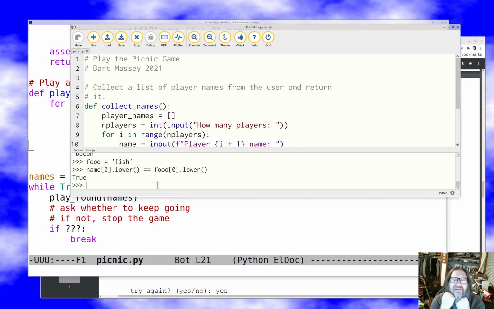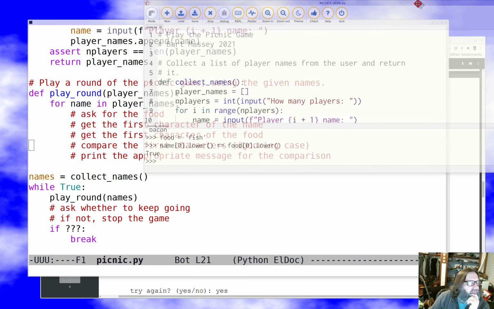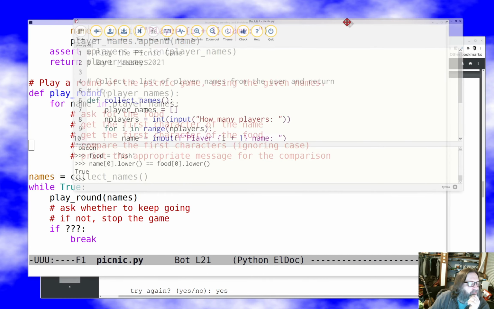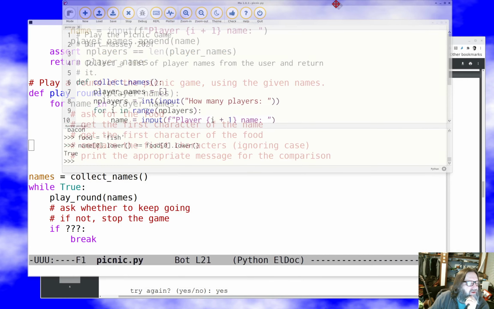See, so by just messing around here at the command line, I can get some idea of what I'm going to write when I actually write the program in these situations. So what did I write in my pseudocode? I wrote, get the first character of the name, get the first character of the food, right? I broke it up into